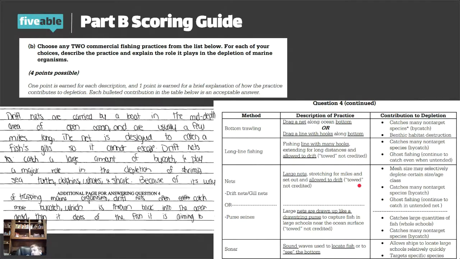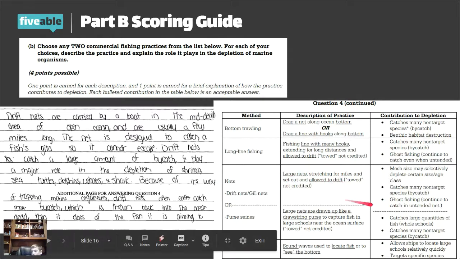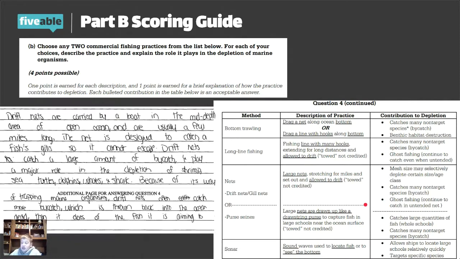Okay, so I see a few yeses, a few nos. So personally, I don't think I would give them the point because the underlined section on the rubric, they didn't talk about that. That's just something basic from the rubric that's underlined. It's not even that it just said set out and allowed to drift, like the ununderlined portions. No.